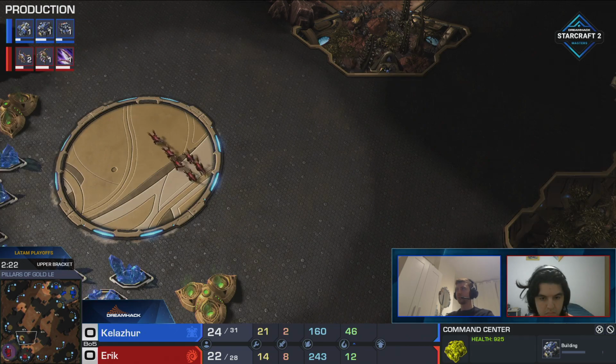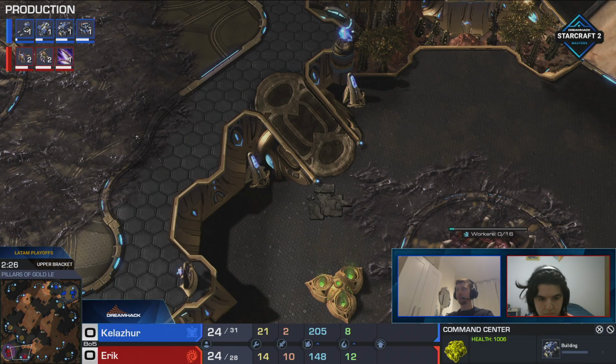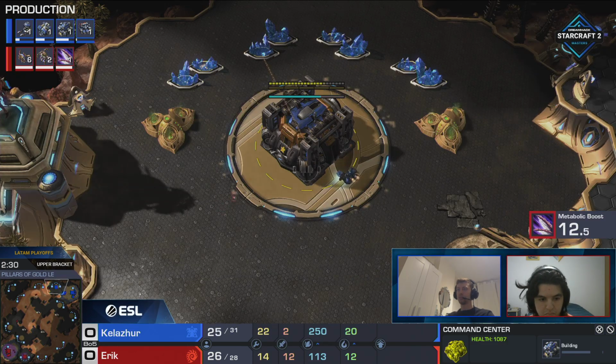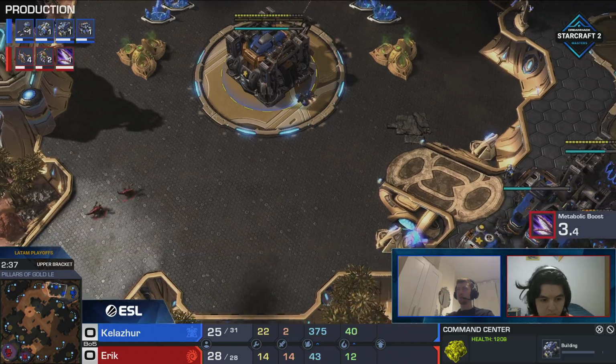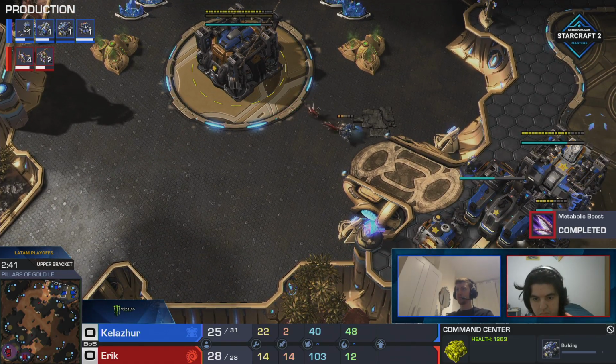So there's a few things here for Kelazhur. Does he run to the main to find out whether it's a Roach Warren? No, he's actually just going to run straight back home. Okay. Which that's a decent response. And I mean, these 2 lings will arrive, but he does have a Marine. Is he going to pull SCVs against this? Because if he pulls SCVs and he has like a Marine and a Reaper...